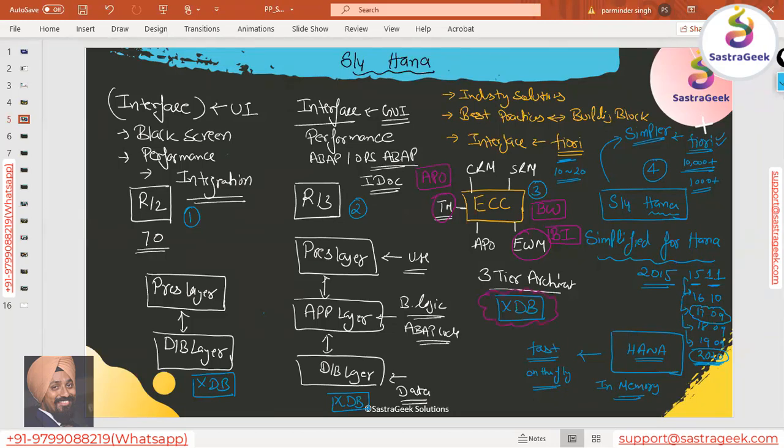Now when S4HANA comes into the picture, we call it embedded analytics. Embedded analytics is nothing but a miniature of the BI. A lot of things which we were earlier doing by putting data into an external system and generating BI reports and dashboards, you would be able to do within S4HANA itself. Complex reports, I said, on-the-fly calculation, right? A lot of complex reports you would be able to generate